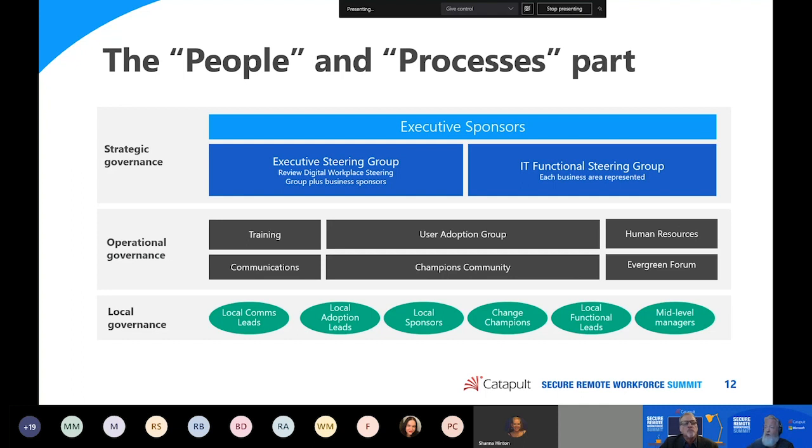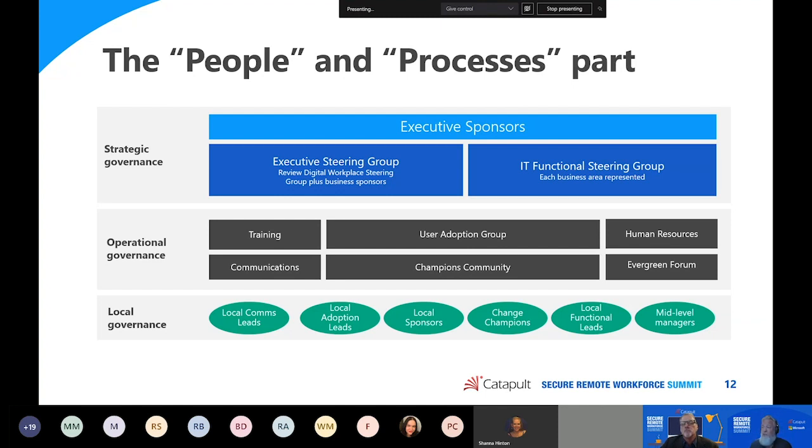When it comes to the people part of this, not every organization is going to have a governance structure like this. This is a model for a pretty large organization, but in your own way, each organization has to address the people part of this, and having the strategic, the operational, and what we call the local or day-to-day governance processes and technology in place. Without having executive sponsors and some kind of higher level steering committee group, doing a digital workplace transformation or implementing a lot of this technology is difficult, and it can give you unpredictable results.